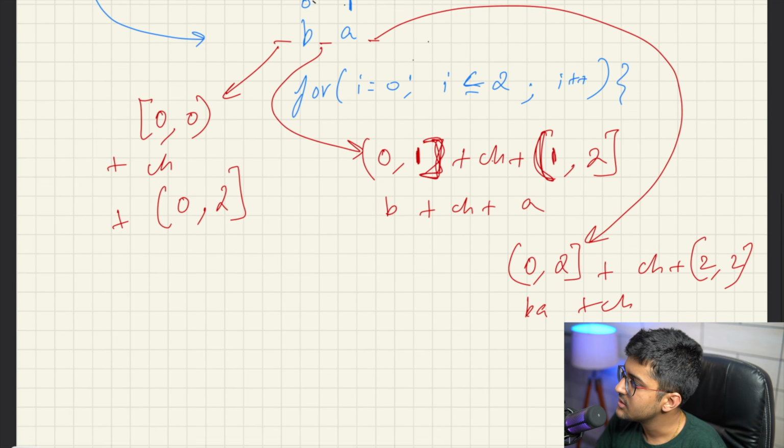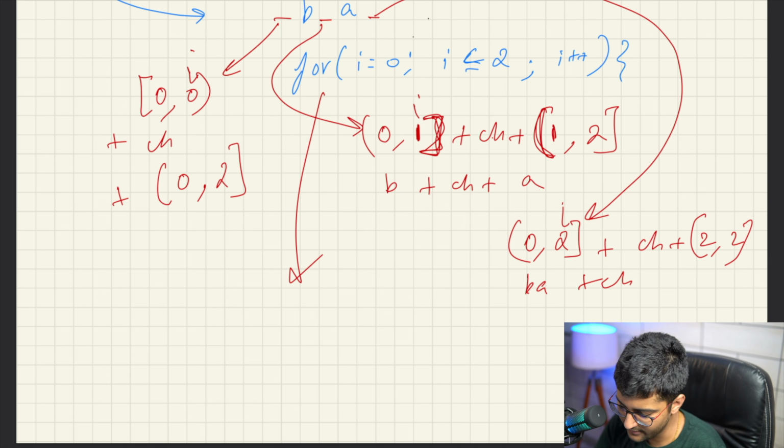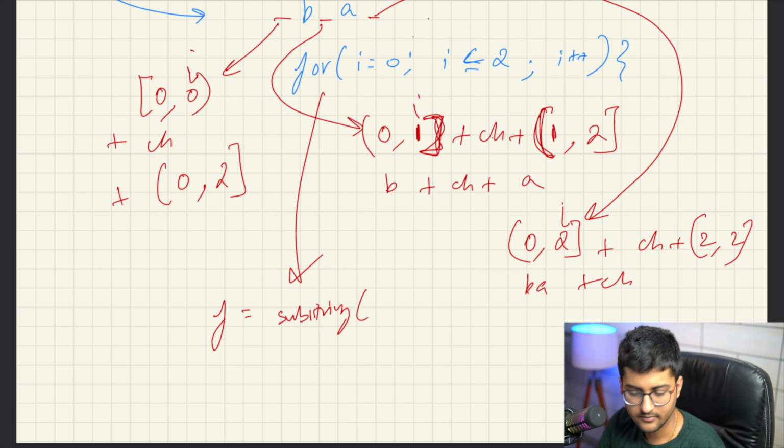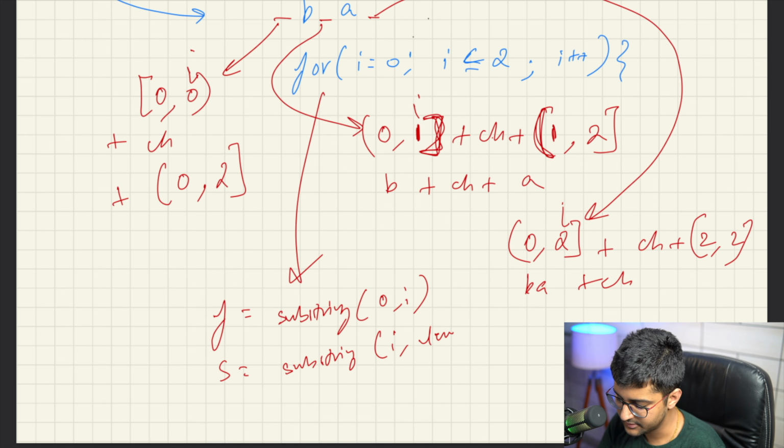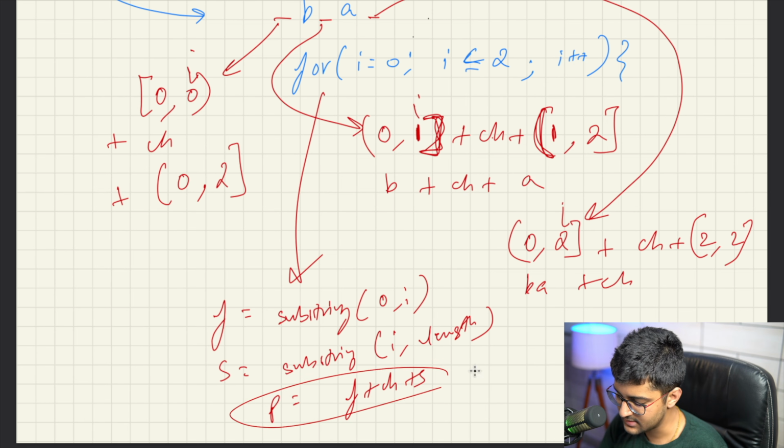That is it. So this for loop will have, for every case, if i is equal to 0, it's starting from 0. This is my i, this is my i, this is my i, right? I've explained this in detail. So my first string will be equal to substring 0 till i. My second string will be equal to substring i till length. That's it. And my processed will be equal to the new processed: first plus ch plus s. That's it.